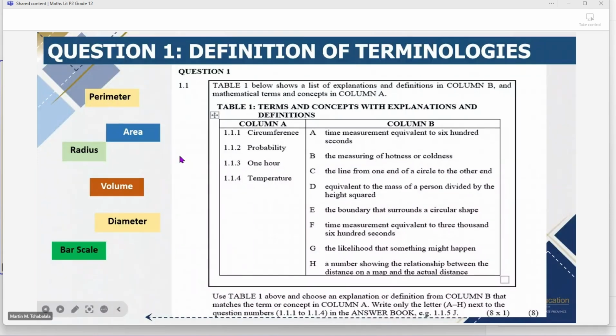What is the perimeter, the area, the radius, the volume, the diameter? But I assure you, you will be given it in the form of a matching of columns, or you'll be given the definitions, then you attach it to the symbol that goes along with that. Go and touch everything under maps and measurement. Don't forget, on Tuesday, it's all about measurement, maps and plans, scale, and probability.